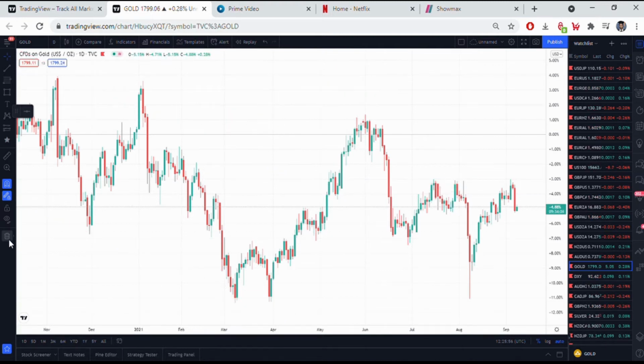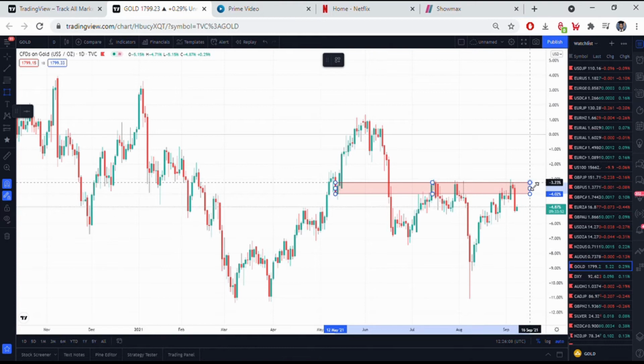Now we are here. We know there was a channel, we know there was a double bottom, and we are here. And we broke out of a channel. However, the market is failing to push the upside, and the bulls are fighting to push to the upside. Now, we expect the market. There are two possibilities here. Understand? And the reason I say possibilities is because you do not decide what the market does. The market decides what the market does.